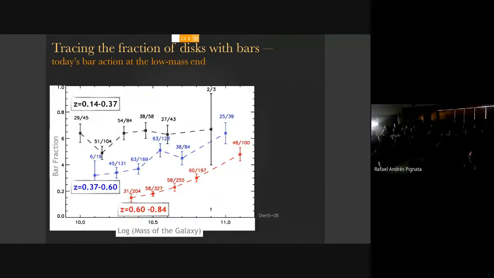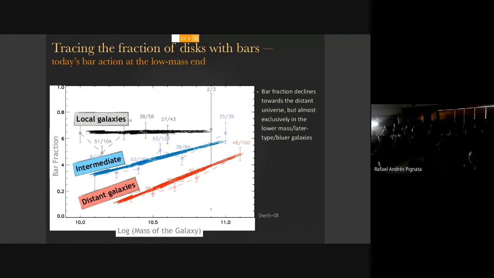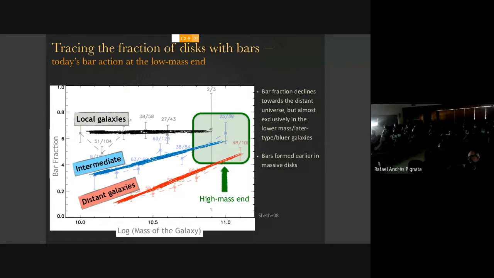And if you look at this in terms of different masses, so this is the bar fraction as a function of mass, and the different curves here, I'm just adding a little bit to guide your eye. These are the very distant galaxies from the set. These are intermediate redshift, and these are local galaxies. And the main thing is that you can see that the high mass end, so these are the 10 to 11 solar masses in these galaxies, more or less, all of these massive galaxies already have their bars.